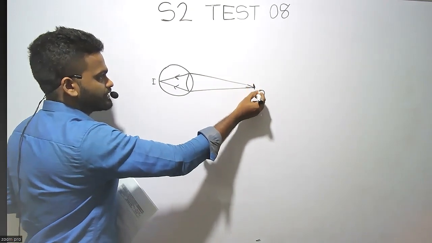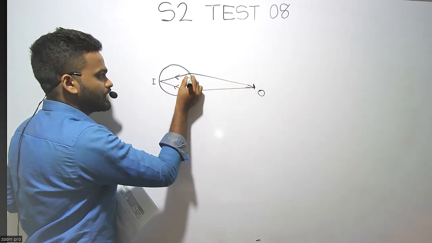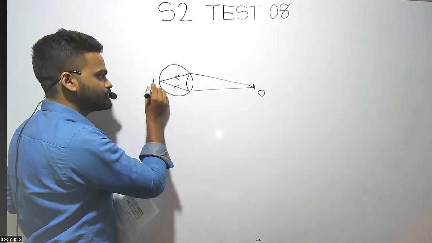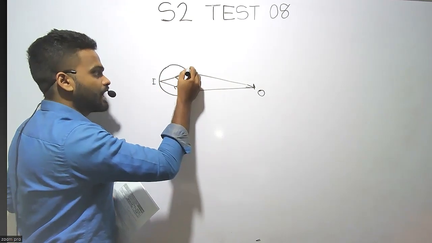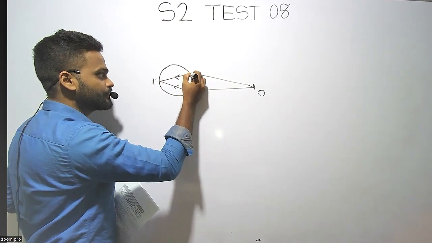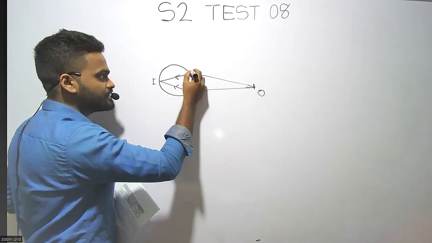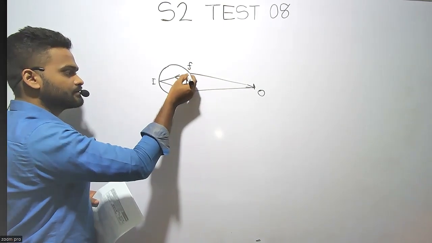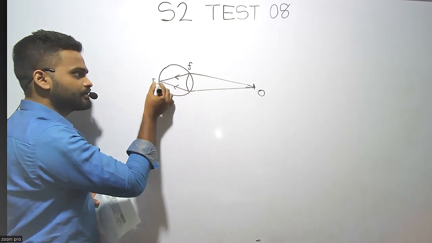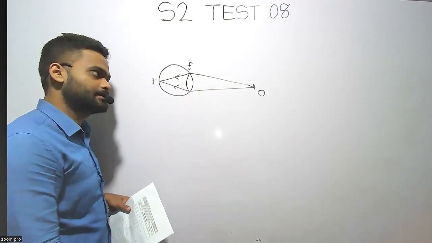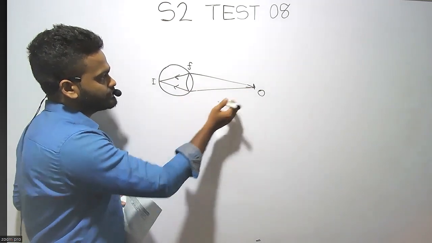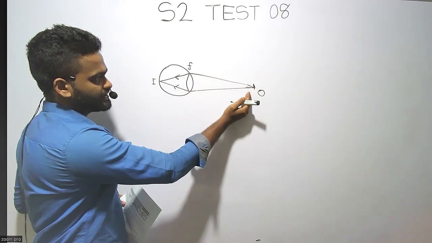In order to see that, the eye lens has to form the image on the retina. This eye lens has the ability to change its focal length. So it forms the image on the retina by changing the focal length, right? So what happens is, if you are bringing this object closer to the eye,